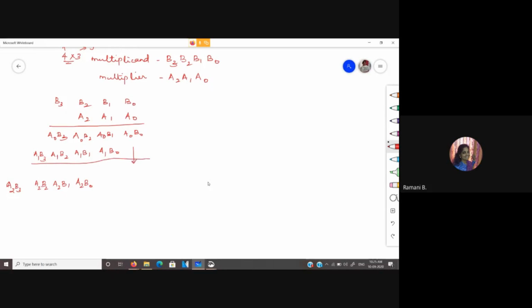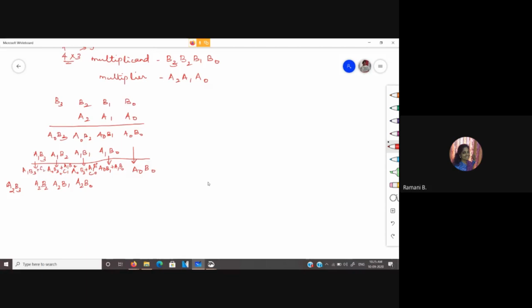So while implementing, we do an intermediate addition over here first. So this will be obtained as such. Then you add these two, A0, B1 plus A1, B0. That will give me a number. Then this one. If you are going to have a carry, that also should be added over there. A1, B1 plus C0, let us take it. And here if I am going to get a carry, this addition will be giving me A0, B3 plus A1, B2 plus, let me have it as C1. Then here if I am going to have addition, I will get A1, B3 with the carry.